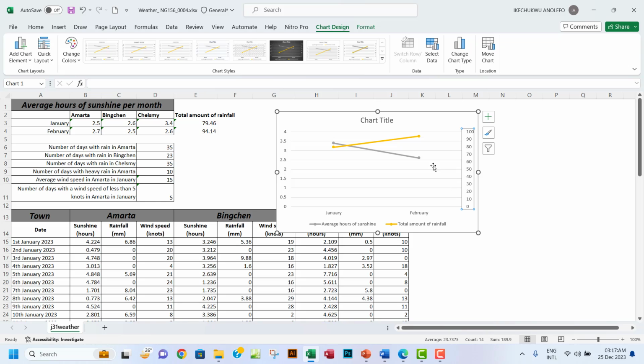So that will arrange itself to be 0 to 100, and it will make more sense like this, and this is how I would prefer it to be. Okay,